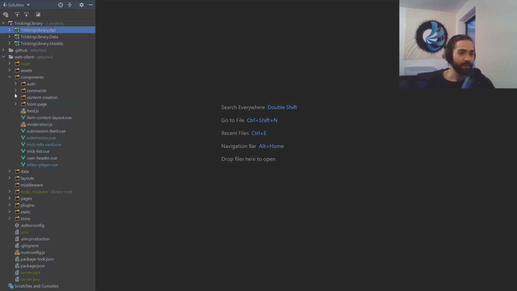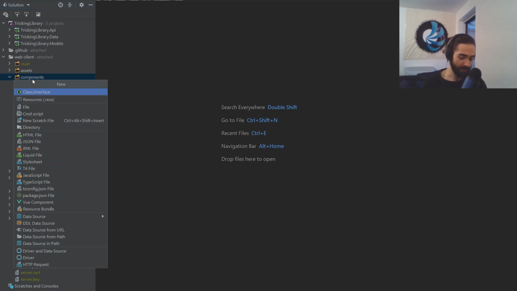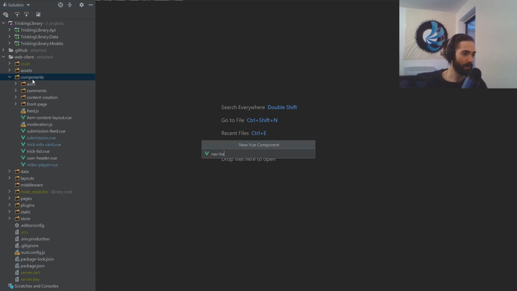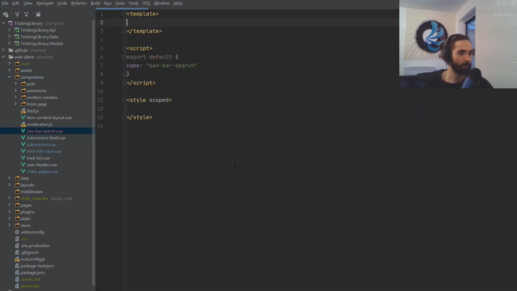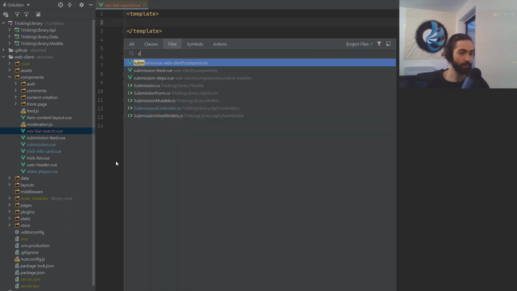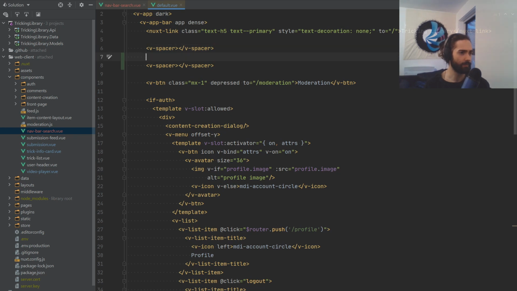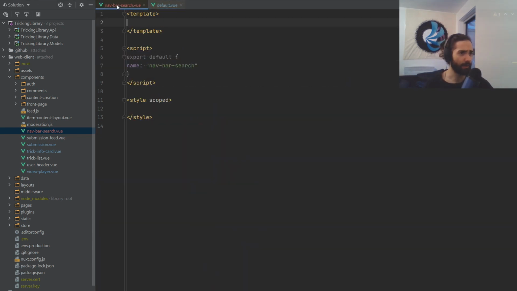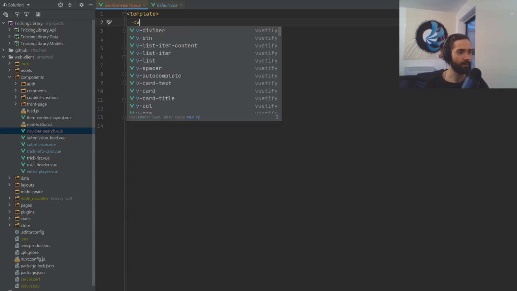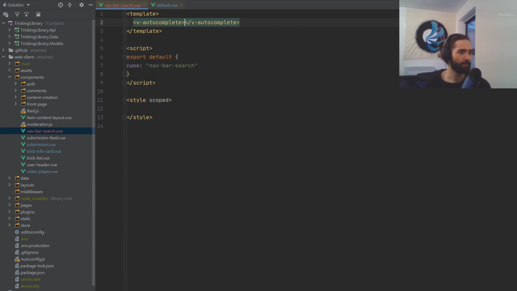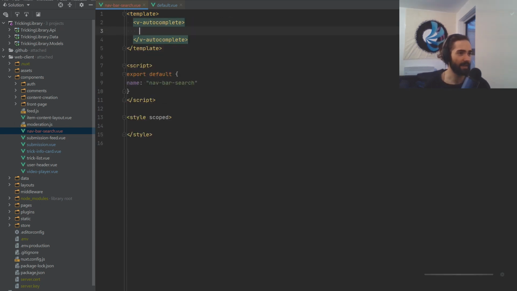Right, let's close all of this. In the components, let's go ahead and create a new nav bar search component. Let's go to the default here. We'll copy the spacer. Let's make them self-closing actually. Oh, I like it more. Nav bar search, close it off, and cool. So here we're gonna use the V autocomplete feature, or the element that Vuetify provides, and here we're gonna,